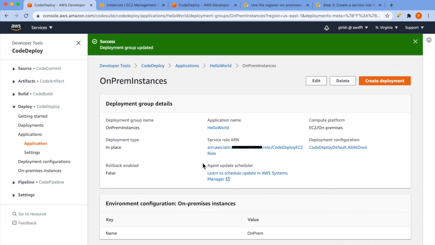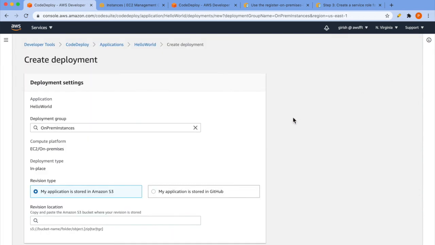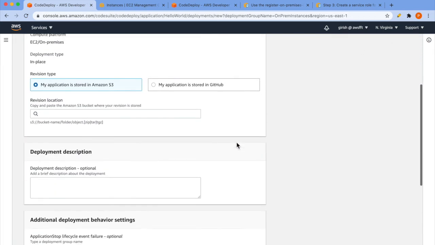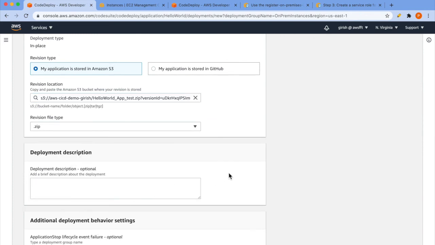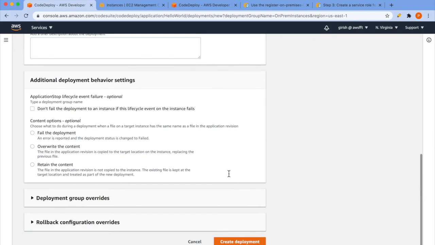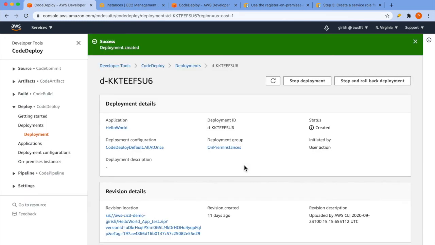And now again create deployment. So here again choose revision. Description is not mandatory and create deployment. So it will start deployment.